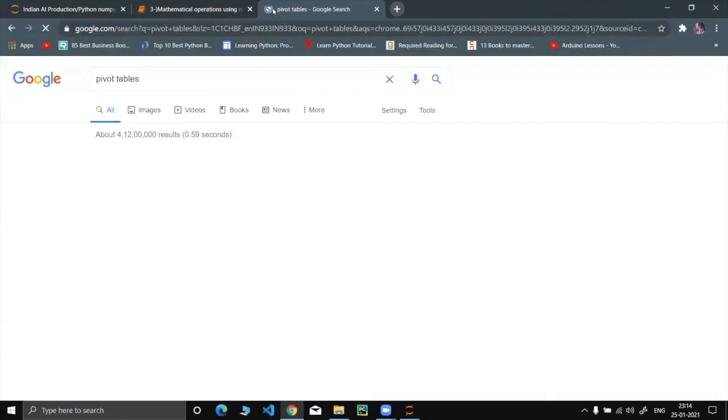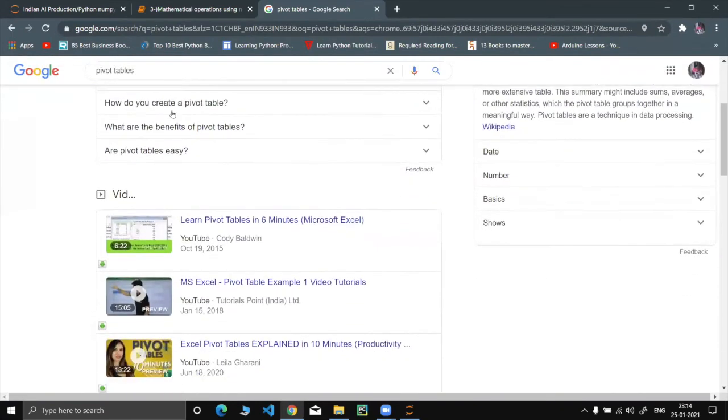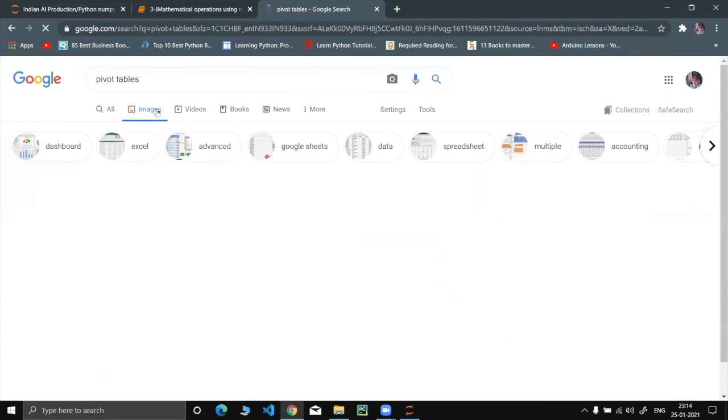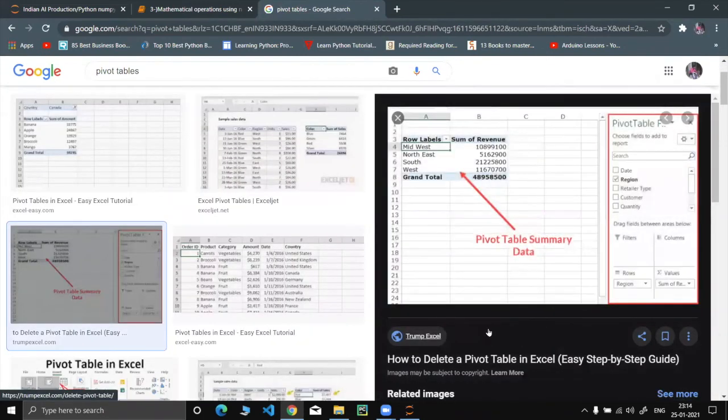Yeah, this pivot table we basically use in Excel sheets, but we can also use it in pandas. This feature isn't provided by NumPy, so we can discuss it especially in pandas. When you are talking about a pivot table, we need two-dimensional data. In pandas we have two data types, right? Series and data frame. Exactly, so we use data frames to create it.